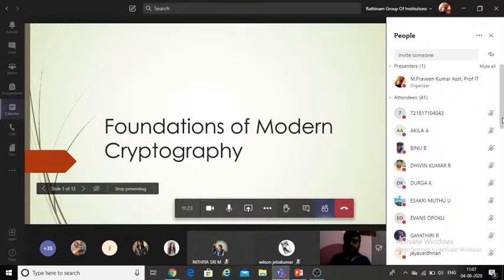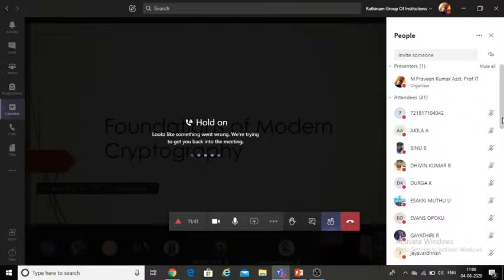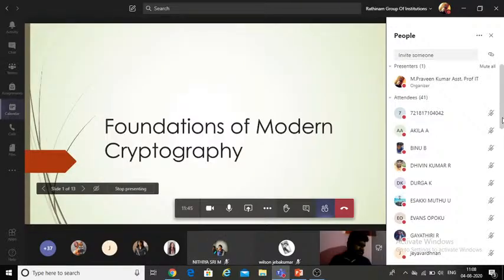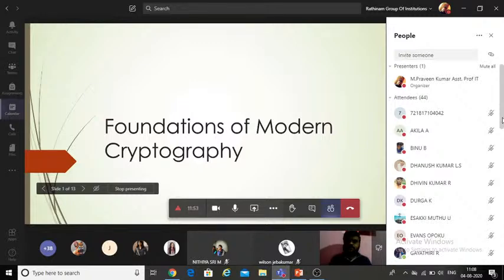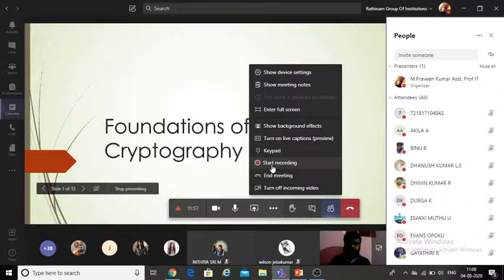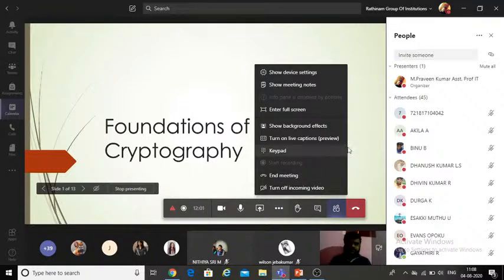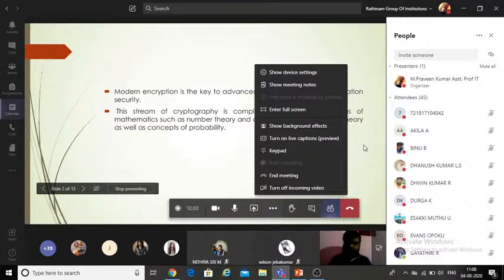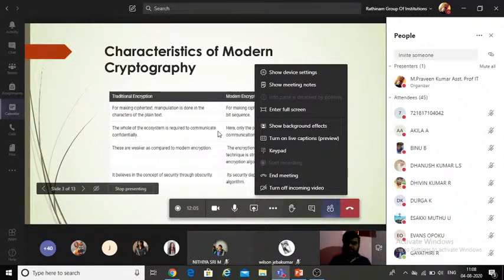I don't know, but for each and every action there should be a reaction, right? Okay, anyway, so we have seen 6 types of problems in that substitution, right? So in these 6 types, do you have any doubt in any of the types or any of the problems? Do you have any doubt in substitution techniques and transposition techniques?